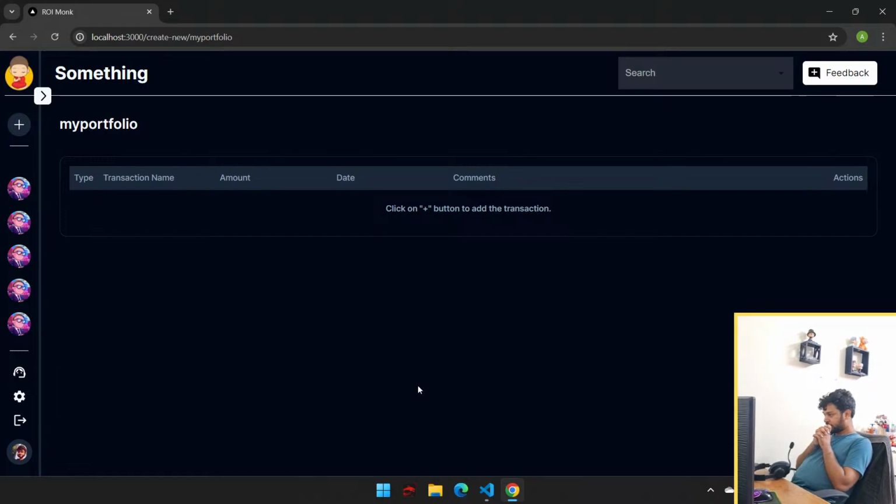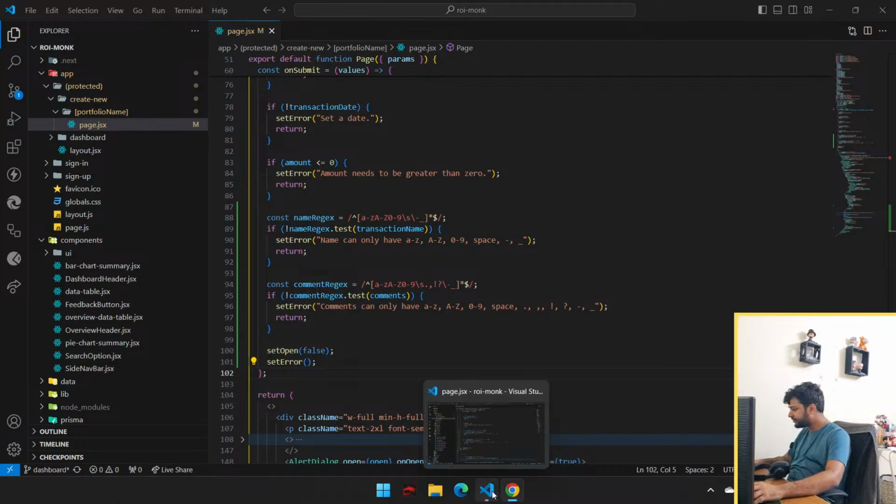So that is one thing. And maybe what we can do is make the combination of transaction name, amount and date unique, right? We'll look into that later, but as of now I believe